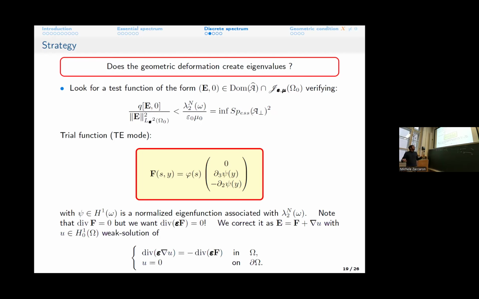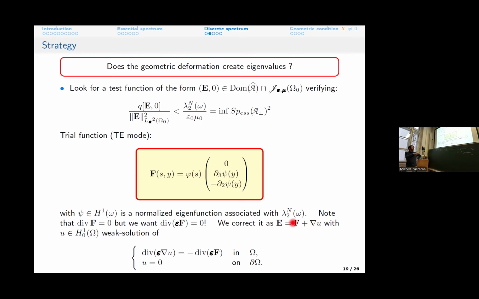And so what we do, we correct f. So we consider a weak solution of this Dirichlet problem here. And okay, let me mention that the difficulty now is to estimate, to have a good sharp upper bound in the L2 epsilon norm of this correction term W, which is not easy. And what is the challenge of this step? And this is because